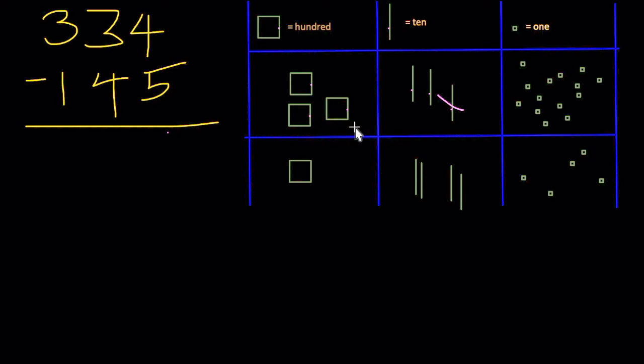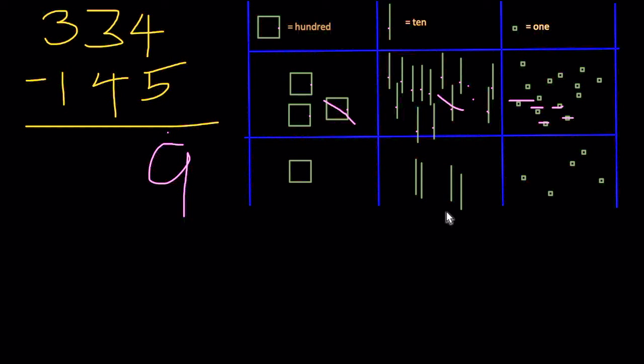Well, now we have to cross out one of these hundreds, and then bring 10 tens over here, because again, 10 tens equal 100. Now we have 12 tens, so we can start subtracting. We know that there's 5 down here, so we're going to take 5 away from here. Now we can count the remaining amount. 1, 2, 3, 4, 5, 6, 7, 8, 9. So we know that there's 9